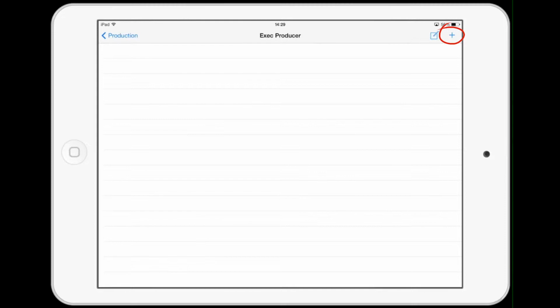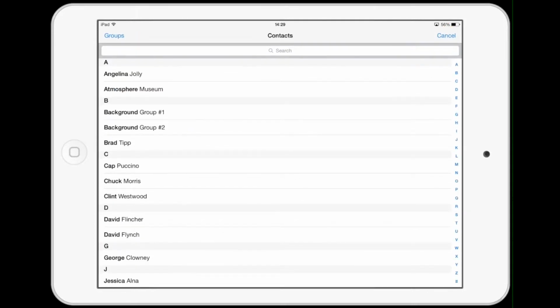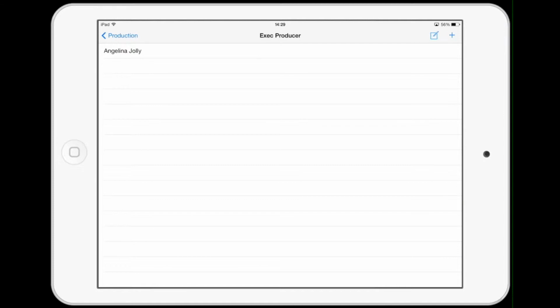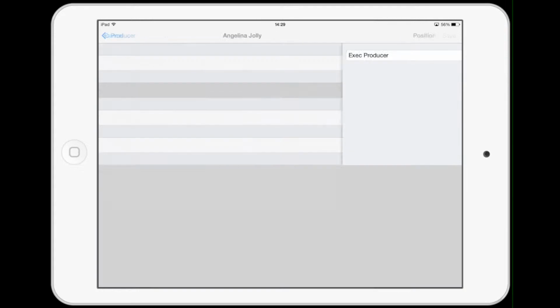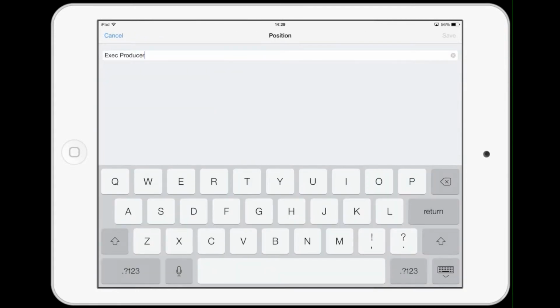When I select that plus button, it'll bring me to my address book that's in my device. And I'll select a person from the address book. Let's start with Angelina. And now what I can do is, you'll see it's added now as an executive producer, and I can select her name here, and I can go in and change these elements. So I can change executive producer, I could call her associate producer or whatever, but we'll leave it as executive